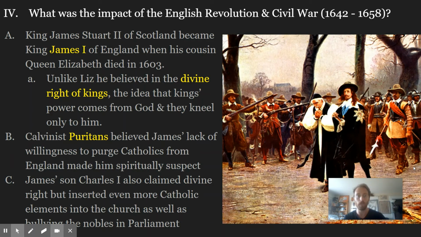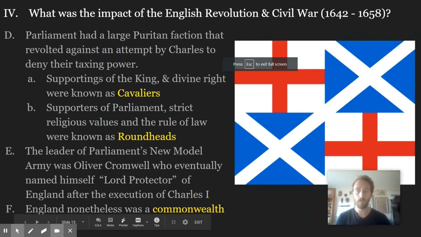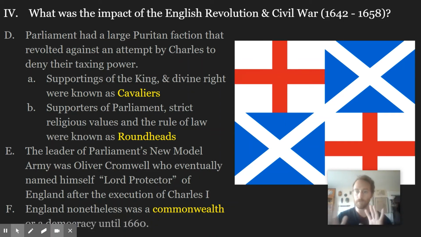And so the Puritans rise up and start the English Civil War. The English Civil War very quickly becomes not just a conflict between religious factions, but a conflict about political power, and in fact, what government is. If you remember back to US 1 and US 2, we talked about, or if you're taking con law right now, for example,